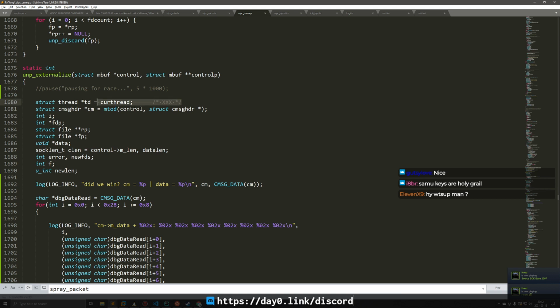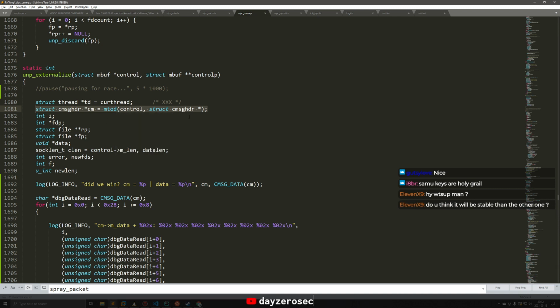You have to beat this line of code right here, the line 1681. And the reason we have to beat this is because it takes the data buffer from the mbuff, like mdata. It reads that at the top of the function, and we want to be able to change that to point to data that we control. So we have to beat this instruction. So the window is a little bit smaller, but I think it's still hittable.